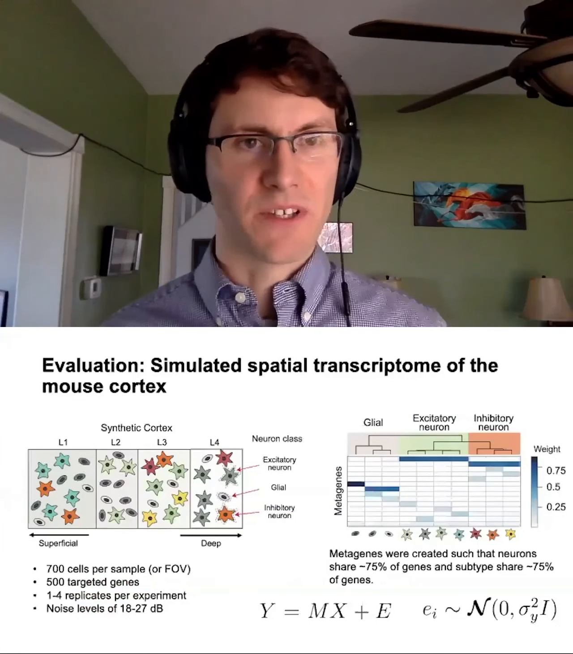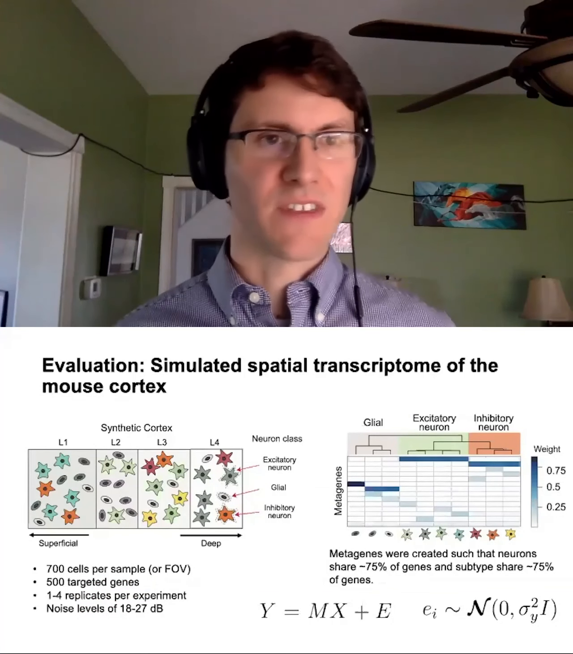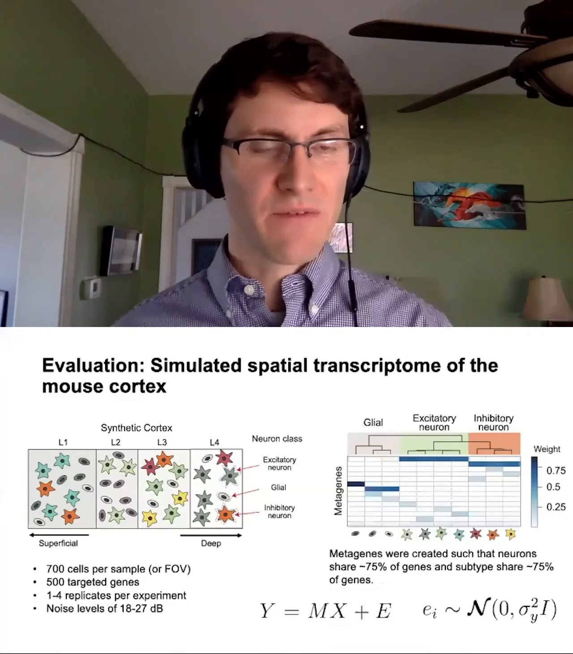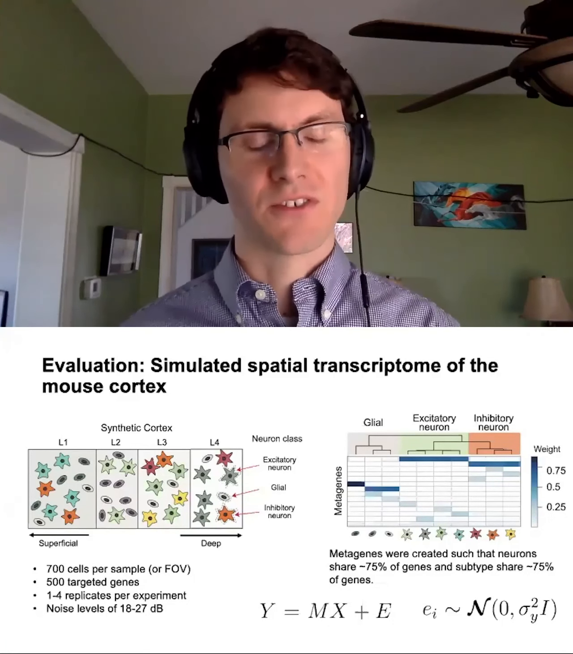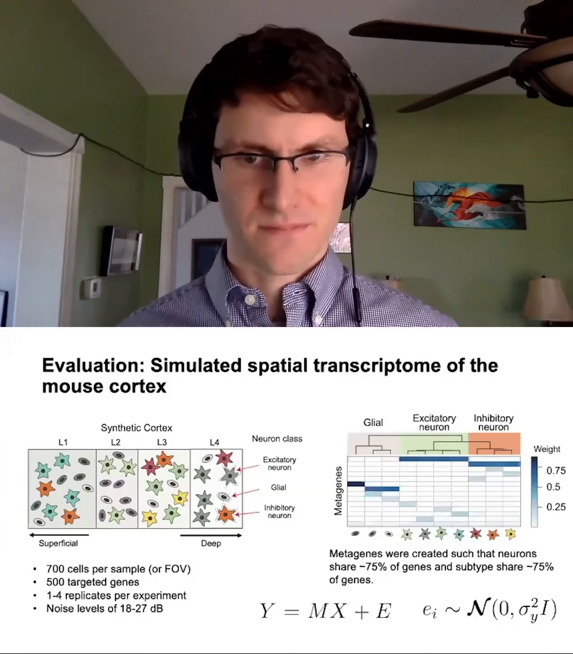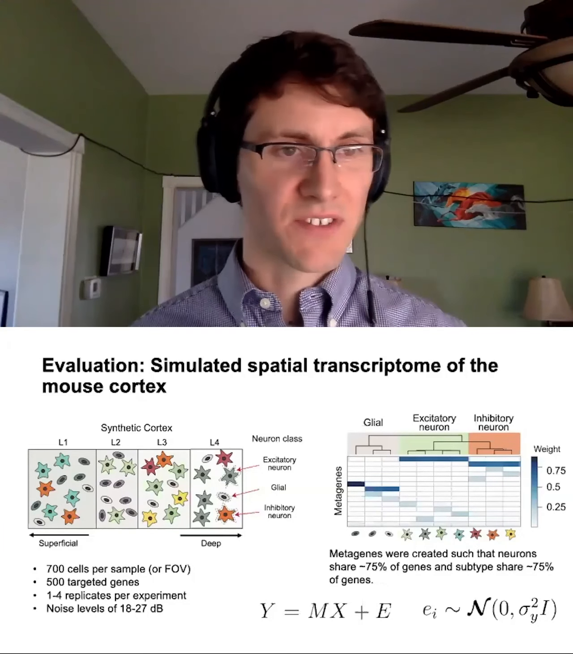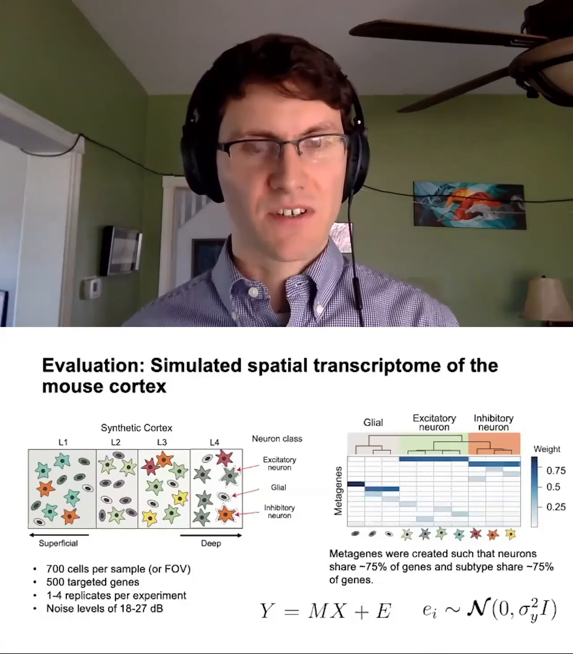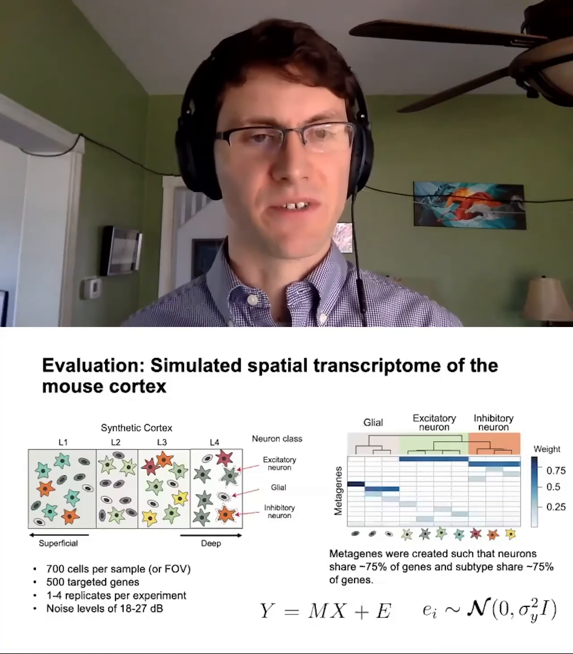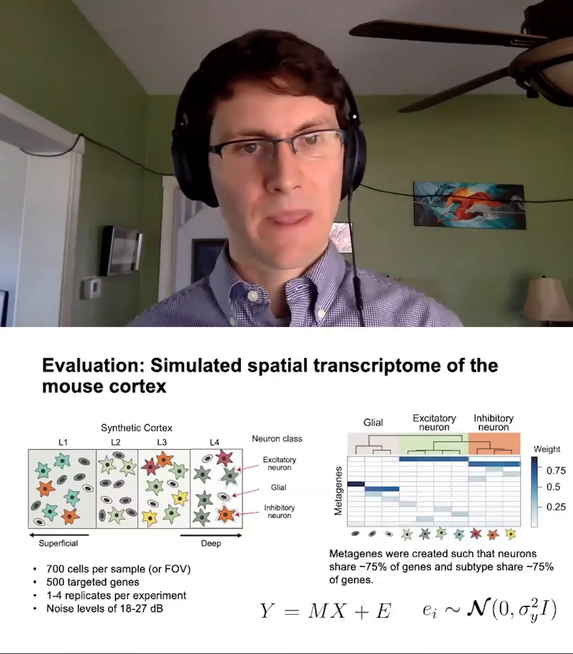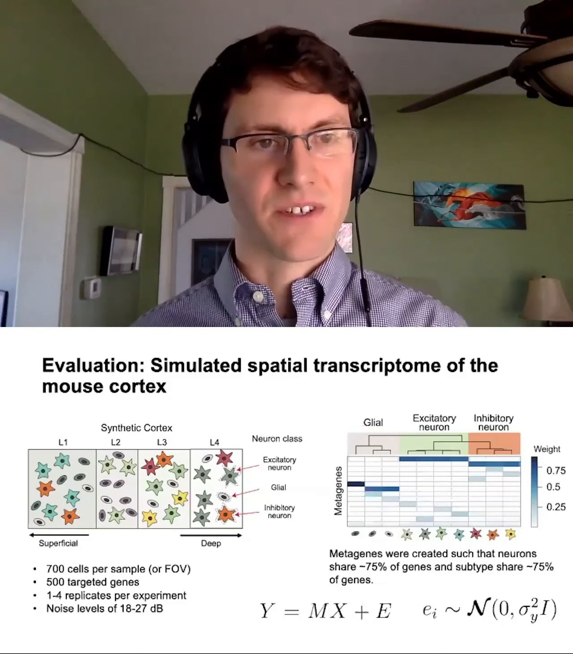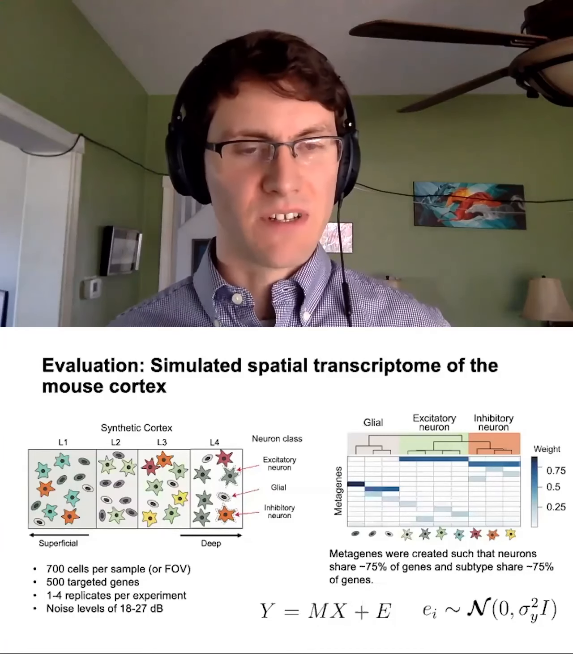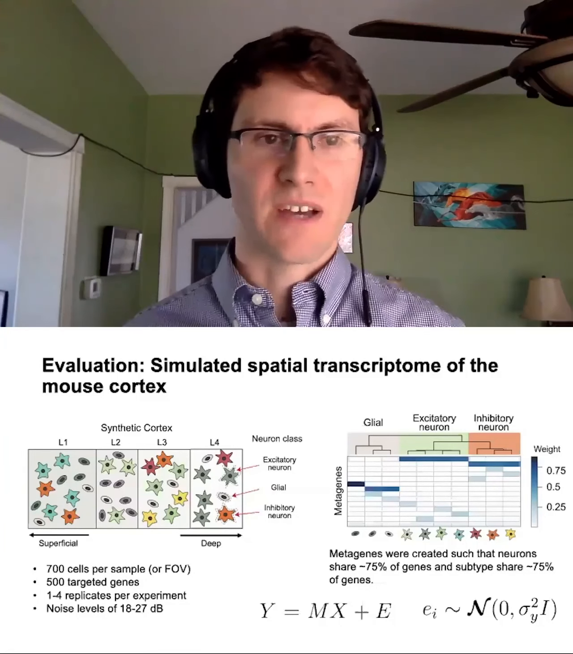To evaluate SpiceMix, we created a synthetic data set of the mouse cortex, which is a tissue of interest in many recent spatial transcriptomic studies. The cortex consists of several layers of tissue, and three major classes: excitatory and inhibitory neurons and glial cells. Some of these cells, like excitatory neurons, have layer-specific patterns, whereas others exhibit sparse or diffuse patterns through the tissue,